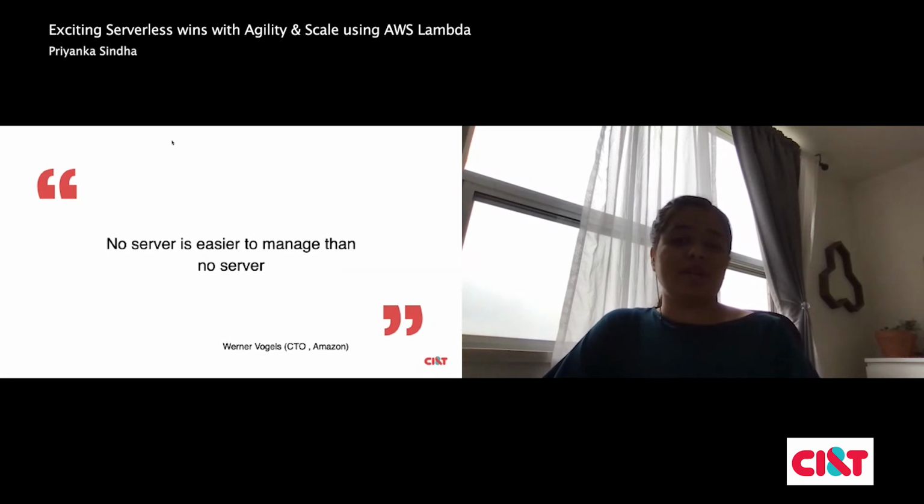You don't have to worry that your concurrency level is hit and that you need to open a ticket or something like that.